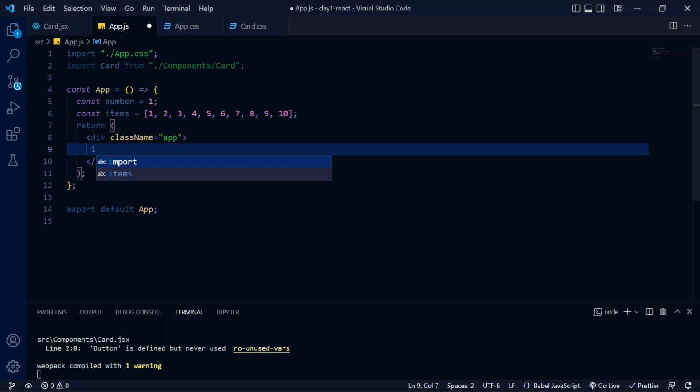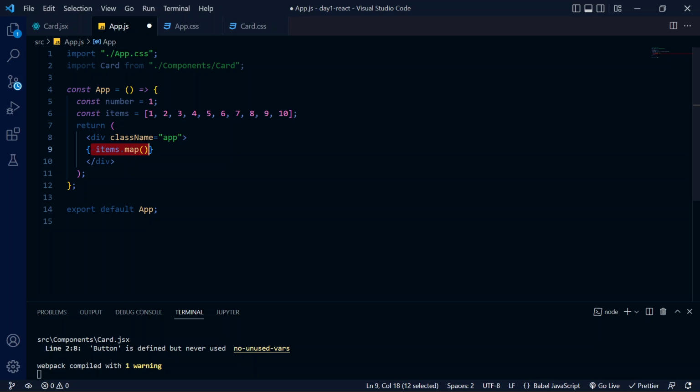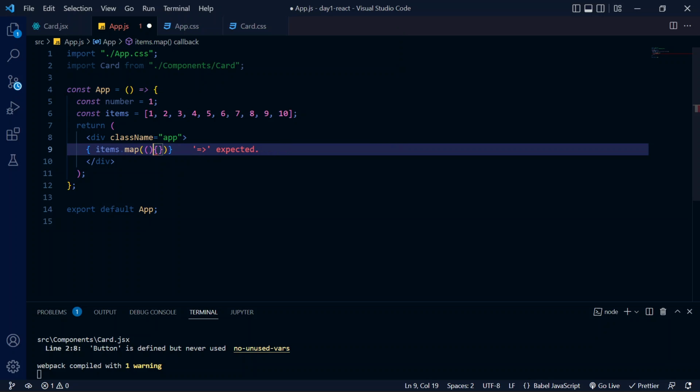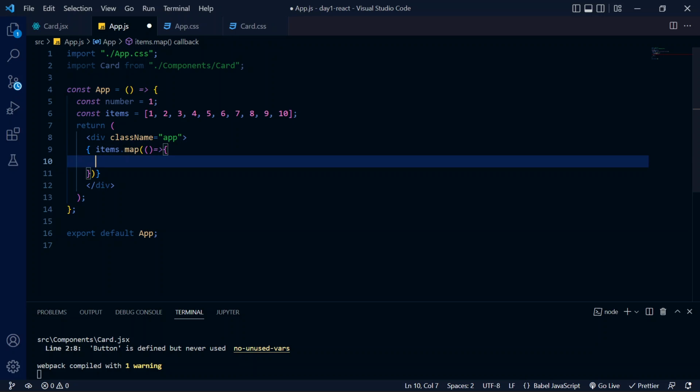As I said, dot map is an array function or an array method, so I can carry items and call dot map on it. What this does is that it takes in a function as an argument. So you write an anonymous function inside. And what you can now do is copy back this card, write V,